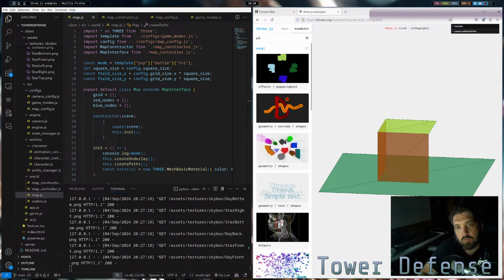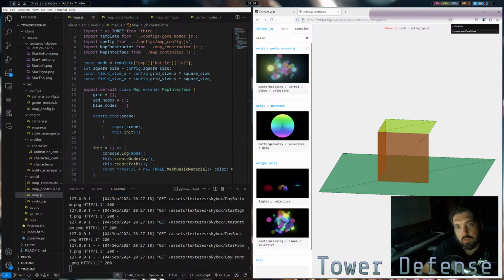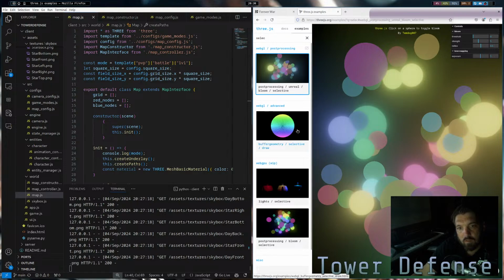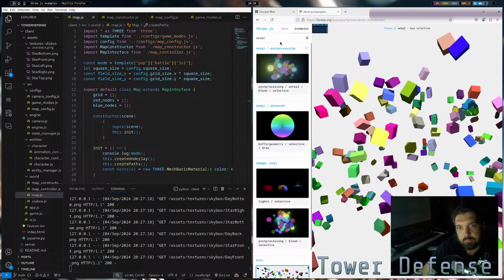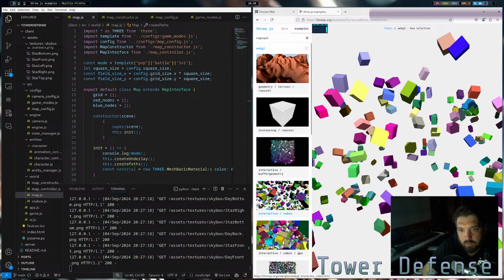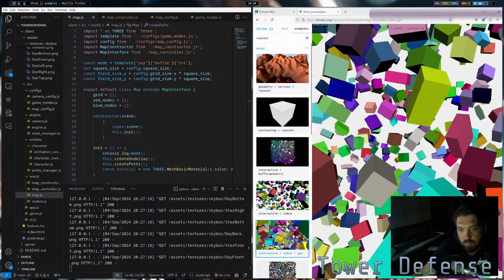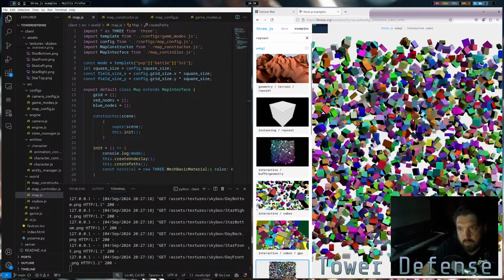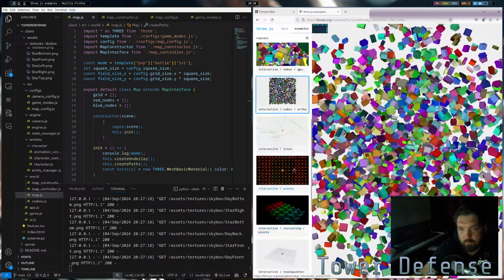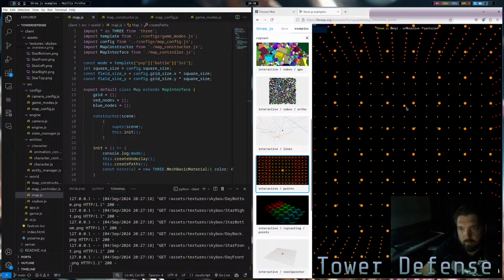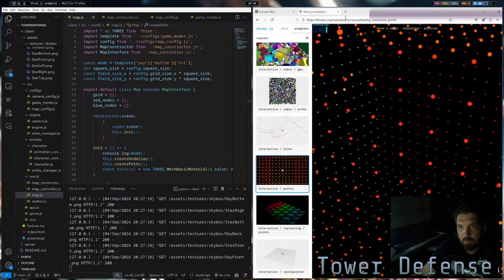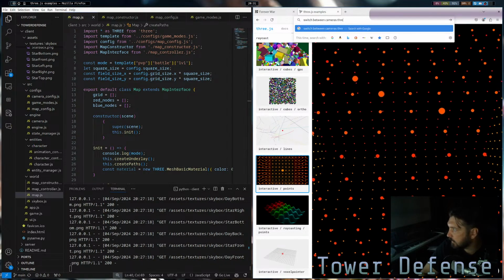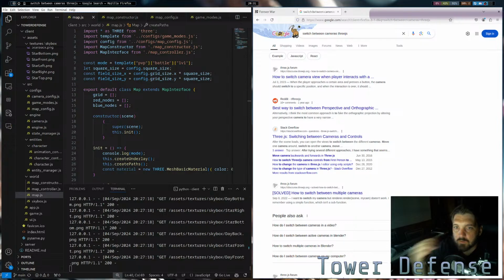Perspective. Select. There was one, there's one of these they had that allowed you to switch between orthographic and perspective. These are pretty cool. Switch between cameras, ThreeJS. I have an idea of how to do it, but